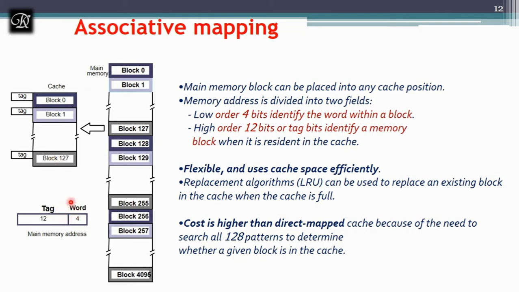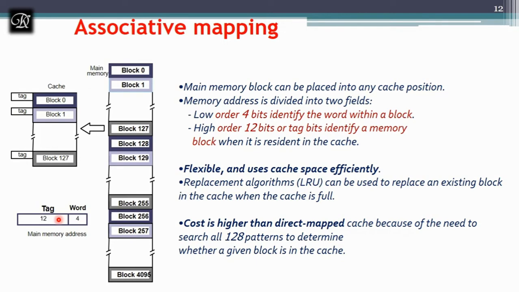Before that, the given 16 word lines, as we divided in direct mapping, similarly we are going to divide here. The first 4 bits are given to the word offset, which is standard like main memory. The remaining 12 bits are given directly to the tag bits. There is no extra division of block number and tag. It's completely given to the tag bits, because we are not going to use any modulus operation over here.